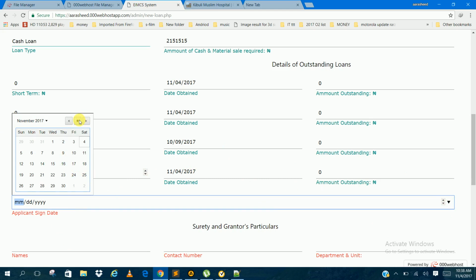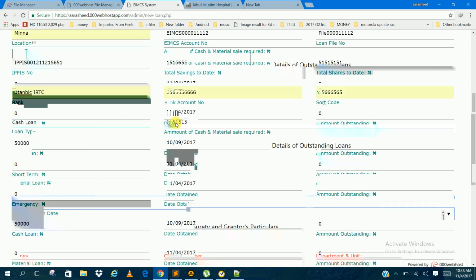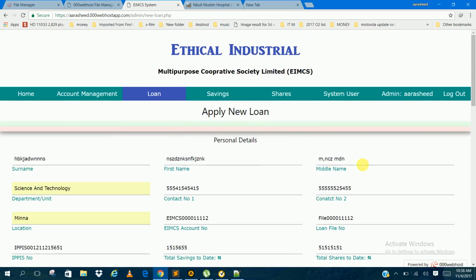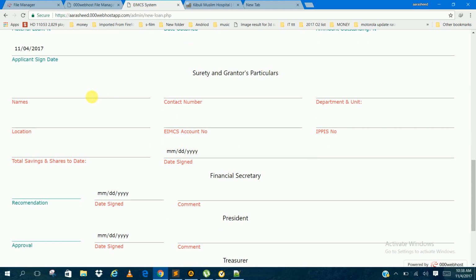Same goes for places where there is nothing. If for example he doesn't have a middle name, don't leave it empty. If you leave it empty, it will not go through. Use nil or none, depending on which the organization decides to use. So names,